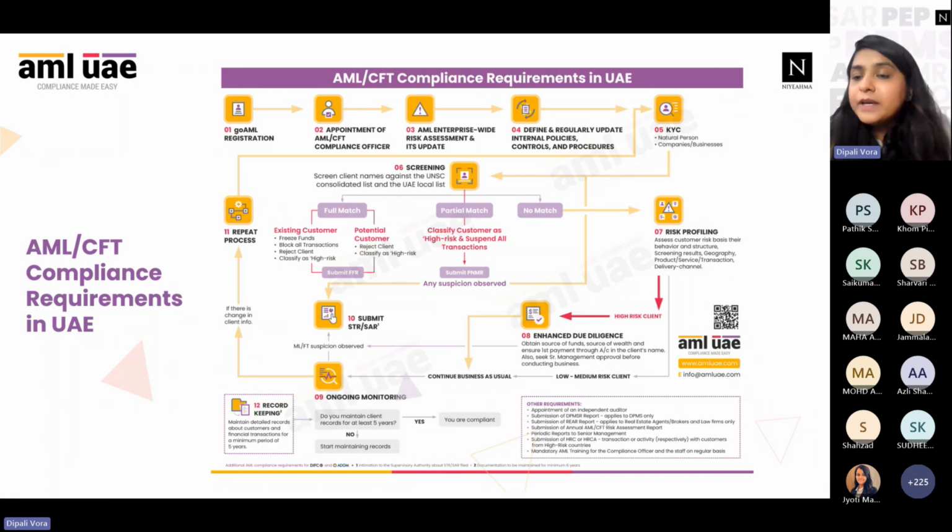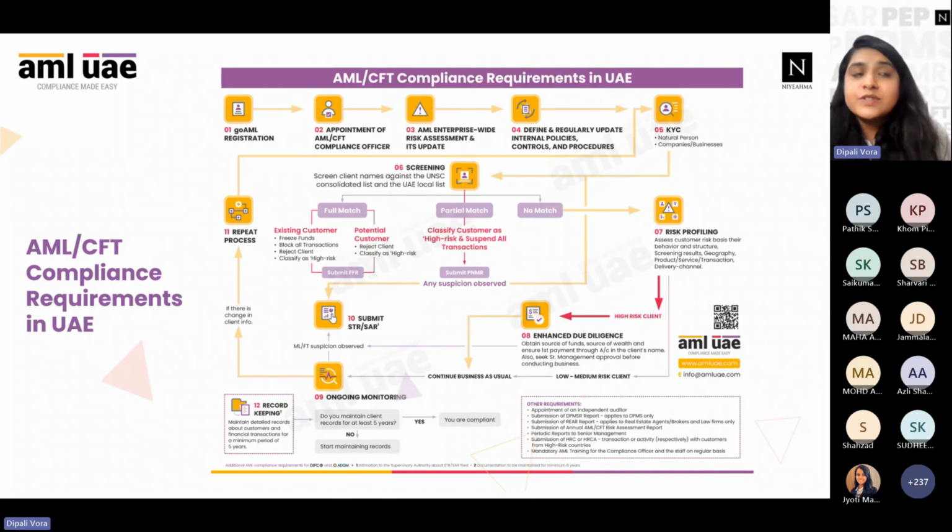There are record keeping requirements also. That is 5 years. We are required to maintain all of the records with respect to a transaction and customer due diligence for a period of 5 years. For other zones, the requirement may differ, like in some zones, the requirement is 6 years. Apart from that, there are various other compliance requirements, like getting the AML CFT audit done, and filing certain sector-specific reports like DPMSR reports, and real estate activity reports for real estate agents, brokers, and lawyers. Then we have semi-annual reports. We need to prepare the semi-annual report, keep it, and submit it to the supervisory authority.